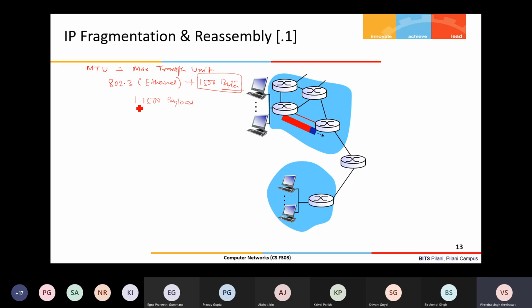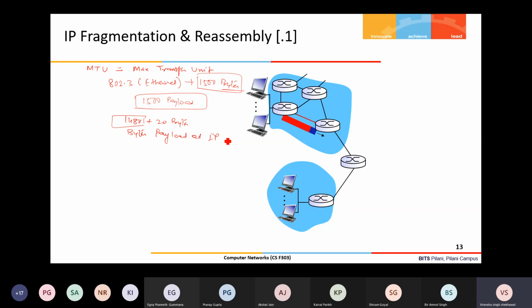So any IP datagram with more than 1500 payload. In this 1500, you know how much data is there at the IP layer, because the IP layer has a 20 byte header. So this 1480 bytes is the payload at the IP layer.